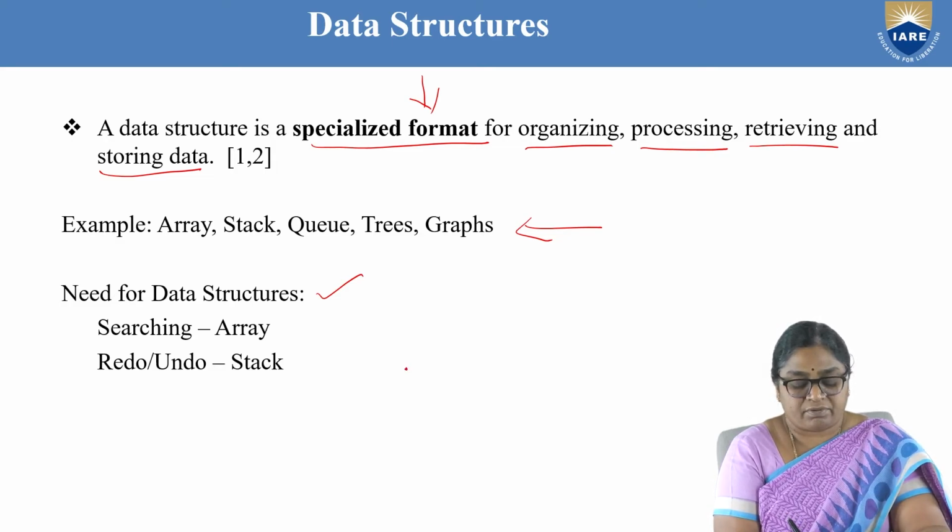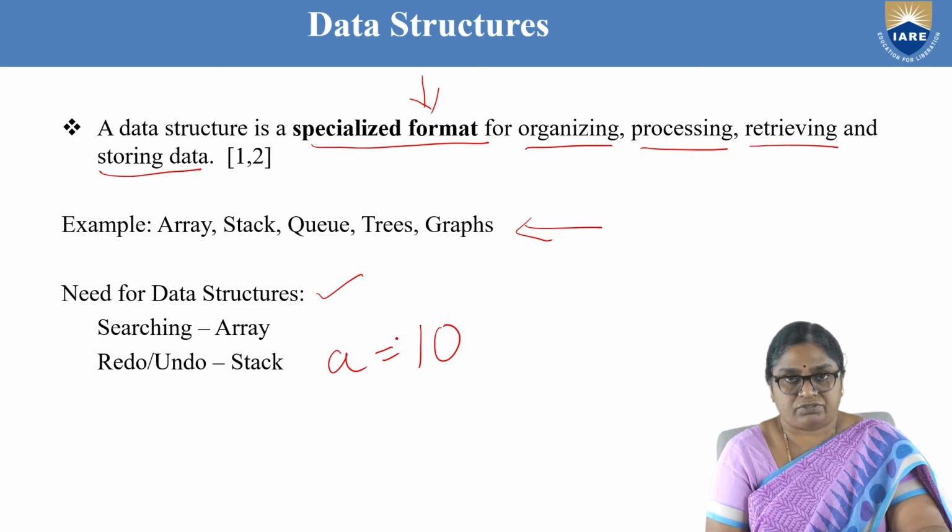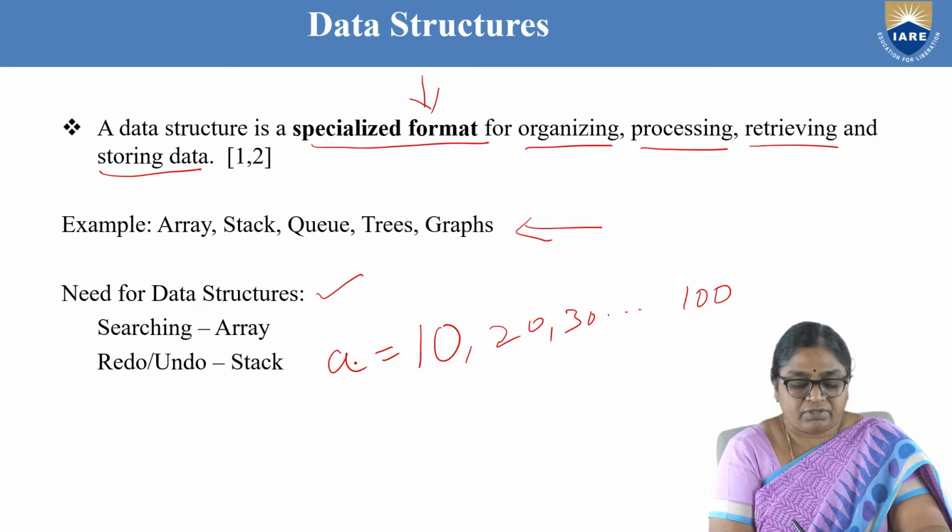Suppose I want to store some values. If I want to store one value, I can simply create a variable and store it. If I want to store 10 values, 10, 20, 30, and so on up to 100, then I have to create